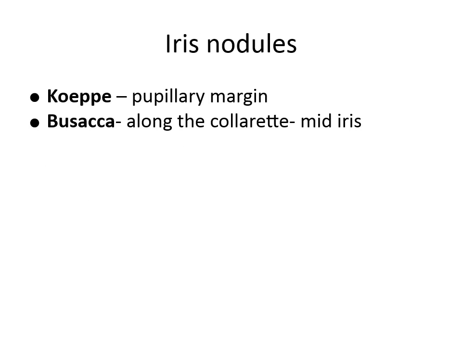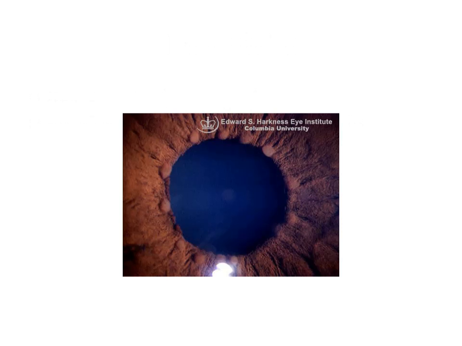Next is iris nodules. Now, iris nodules are commonly seen in chronic anterior uveitis. Again, there are two types: Koeppe and Busacca. Koeppe is most commonly seen along the pupillary margin, and it is seen in granulomatous as well as non-granulomatous uveitis. Whereas Busacca is seen along the collarette, in the mid-iris, and this is seen only in granulomatous uveitis. So remember, iris nodule is an important MCQ question. Fine, so have a look at this picture. Now can you tell me what it is? Yes, it is the characteristic Koeppe nodules.